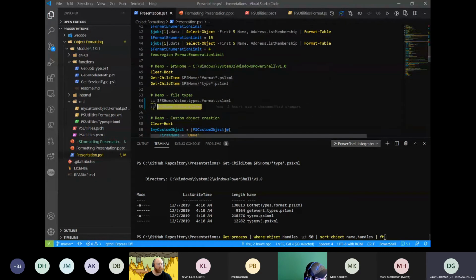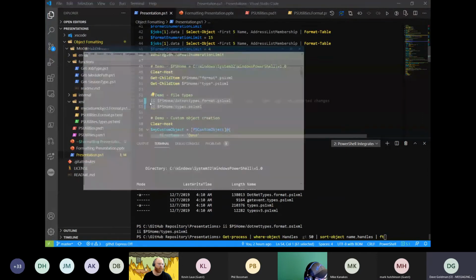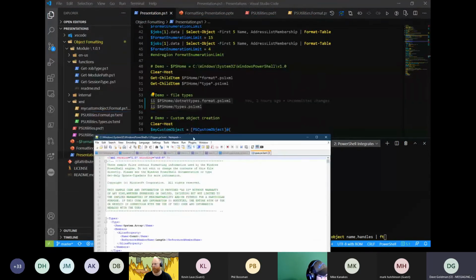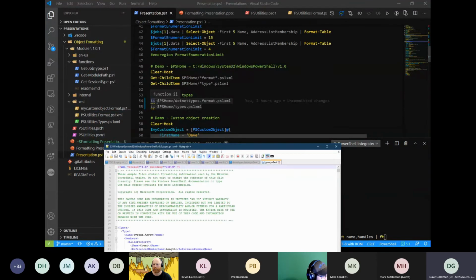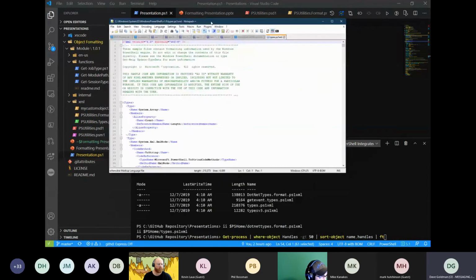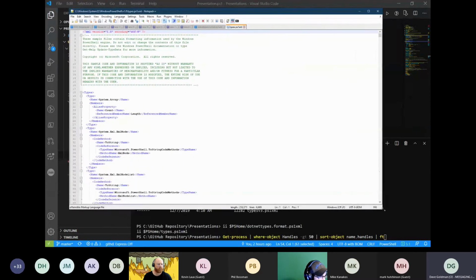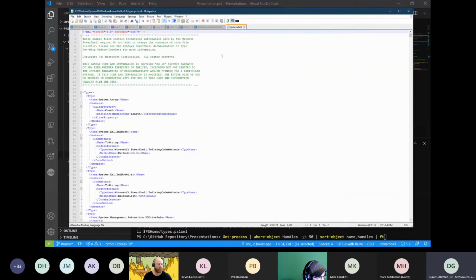And what I'm going to do is I'm going to crack 2 of these open. And again, for anyone that's not familiar with aliases, the II is invoke item. It's just a fast way to open up an element. I could have also, instead of using II, could have just put Notepad there. But I wanted this to open up in Notepad++ because it has the color formatting, which makes it a little bit easier to see.